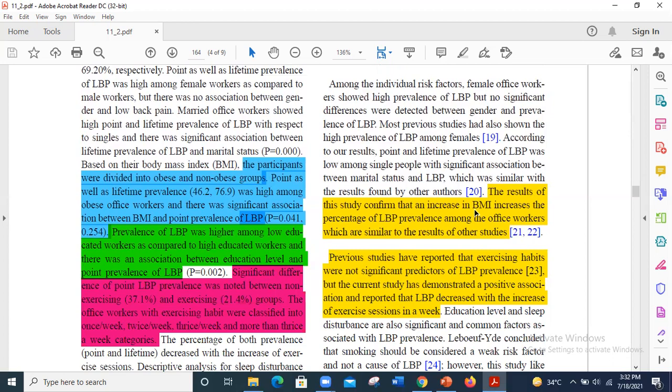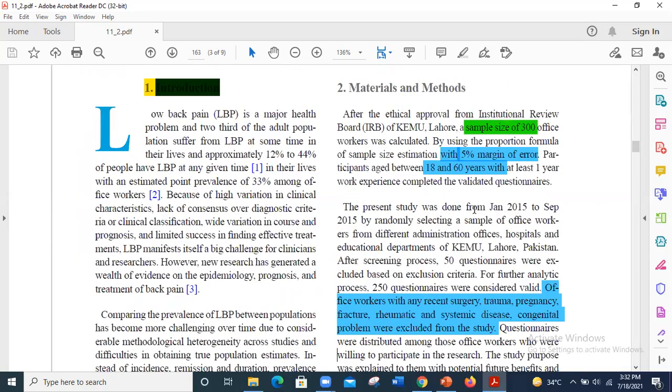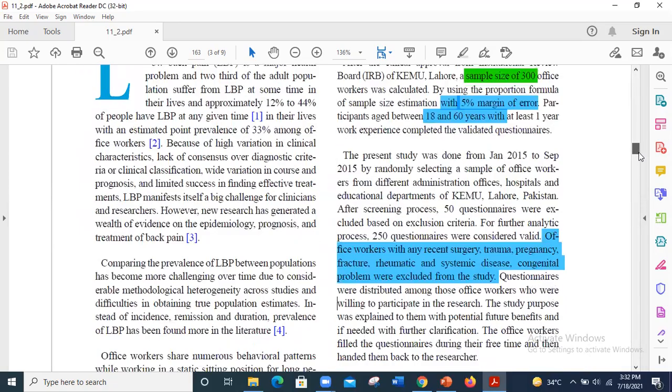You can see that this is a conflicting result. This study proved that exercise habits were not significant, but the other studies say that there is a positive association between exercise and low back pain. Okay, now the next portion is,